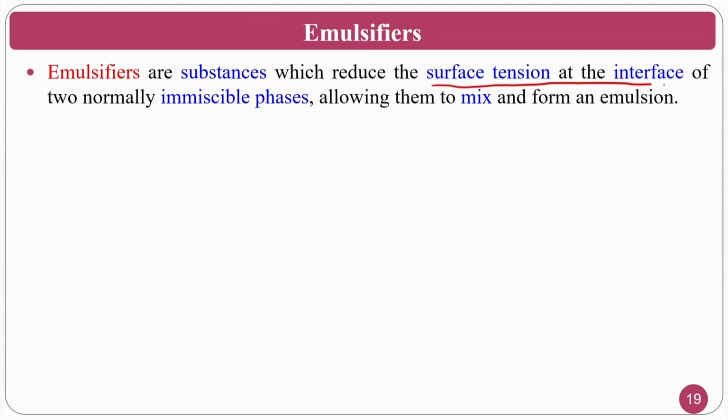The main function is, if I have an oil and I have water, how to mix both. If I cannot mix, how to disperse properly. For that purpose, if I can reduce the interfacial tension, then I can disperse properly. Emulsifiers basically reduce the surface tension at the interface of two normally immiscible phases, allowing them to mix. So, I can mix by adding a third one, that is